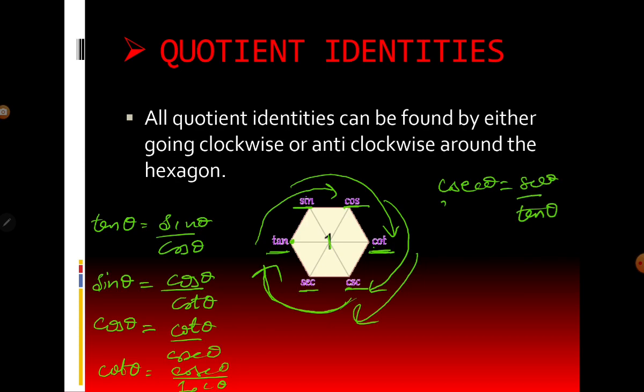How will I get all these values? There's one pattern. First of all, I took tan theta. Tan theta is what? Sine by cos. So first function is what? Second by third. Again, I got these three. First function is what? Second by third. So all values I got by one hexagon when I am going clockwise direction. Okay. So no need to memorize all this. You only have to remember the direction of arrows when you are going clockwise. So the pattern will be same.